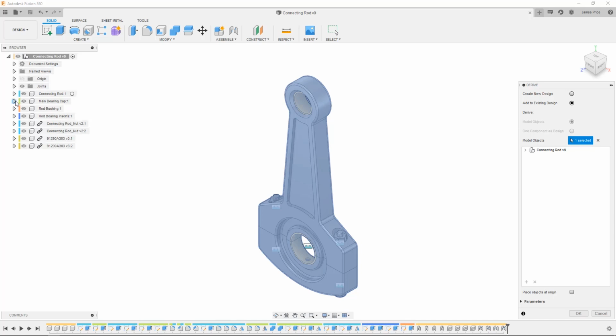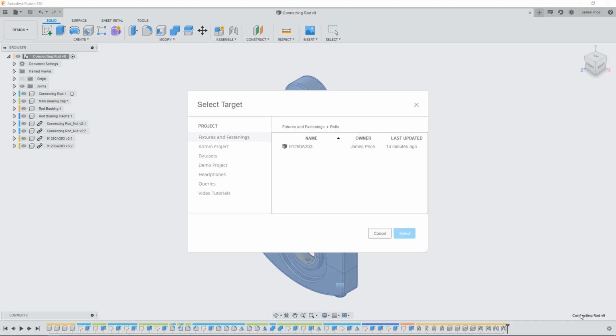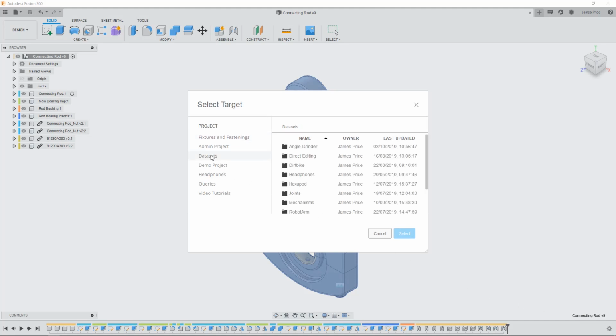One of the other main benefits of derived components is the ability to derive parameters. At the bottom of our pop-up dialog box, you'll see the option to select favourites or form components. Going back to the parameter I created before, I want to derive this favorited bushing diameter to our main assembly, so I'll select this option, hit OK and select our main engine assembly,